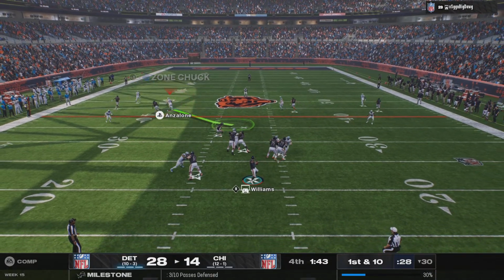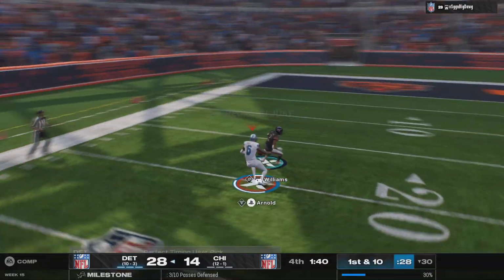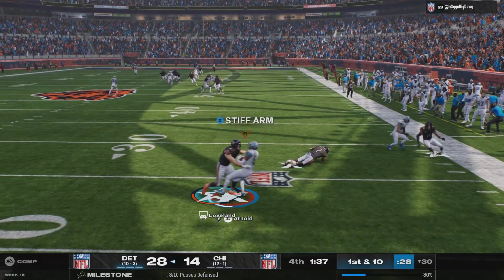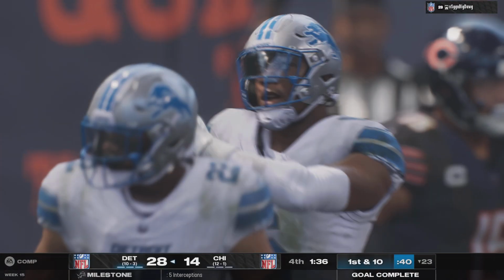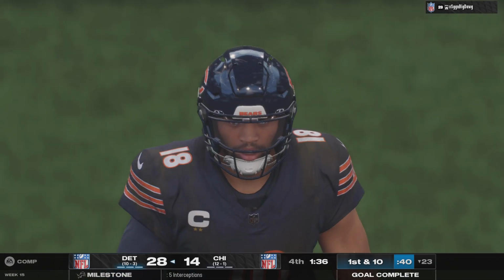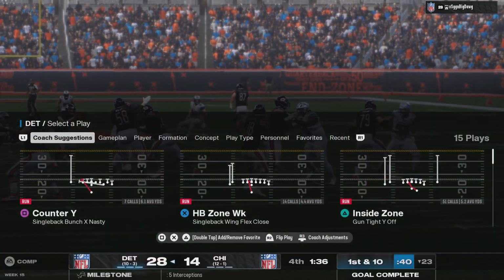To throw, it's Williams. He's gonna look for the home run ball. Oh, he puts another ball up for grabs, and this one's also intercepted. Picked off by Terrion Arnold. When you find yourself in this situation, Mike, you're on defense, you're defending your own goal line, you got to take some